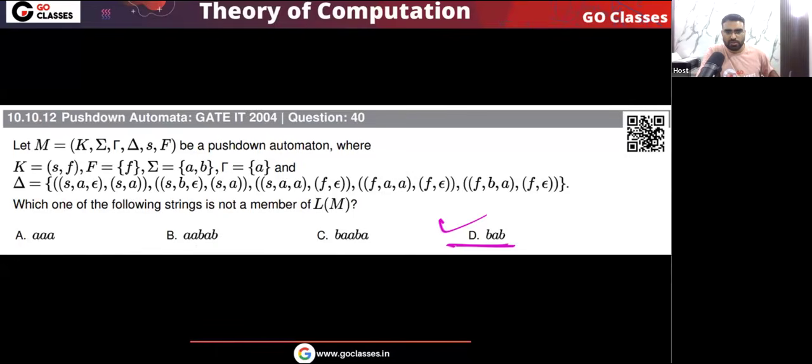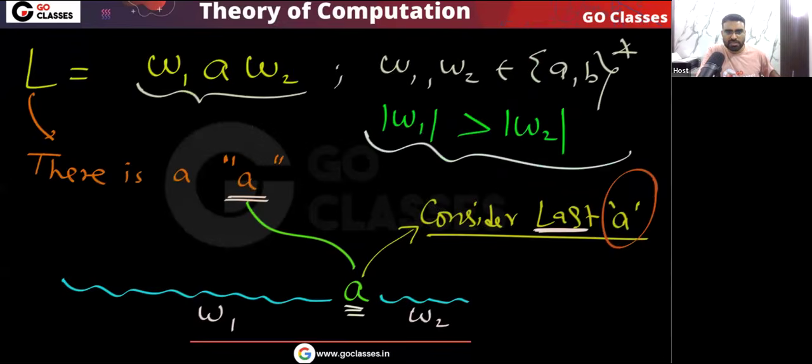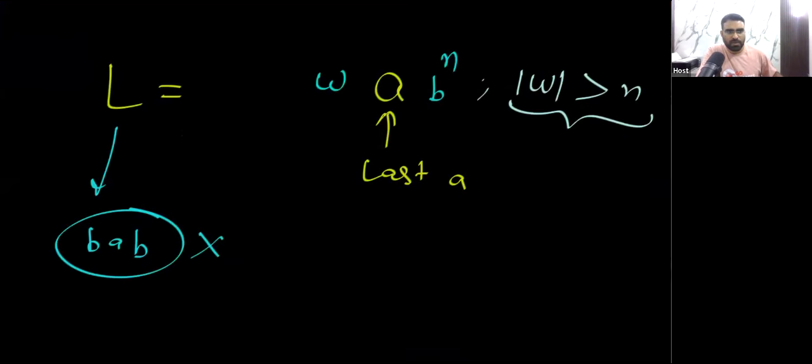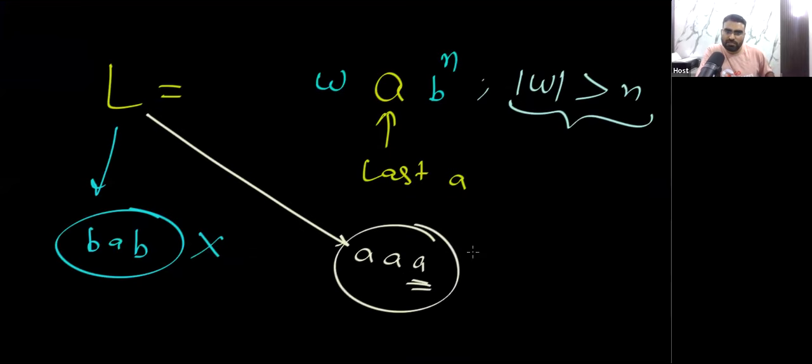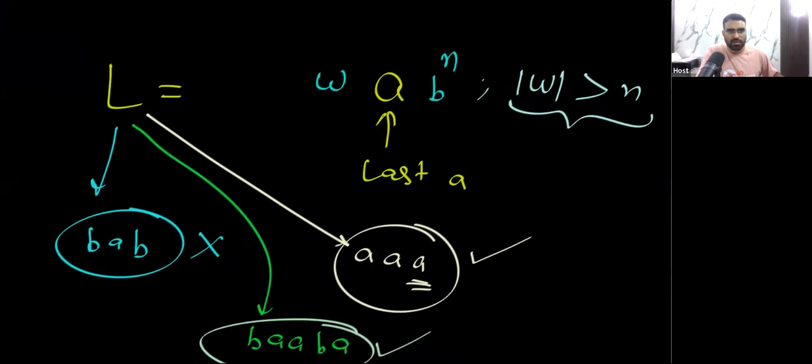Please tell me. So very simple. Now you can easily see what the answer is. Okay, now you can see that this triple A will work. Yes or no? This triple A will work. Also you can see B double A, B double A, BA, this will also work. Okay, very simple.